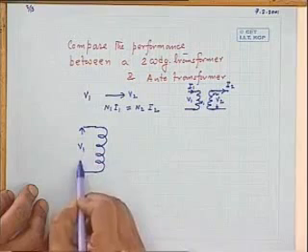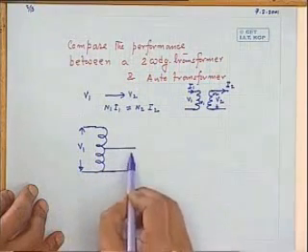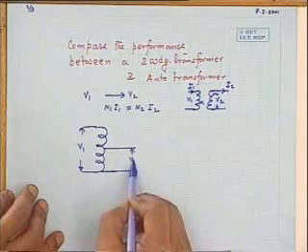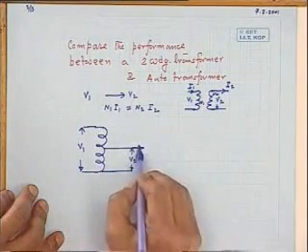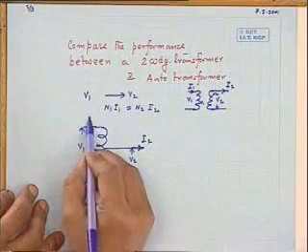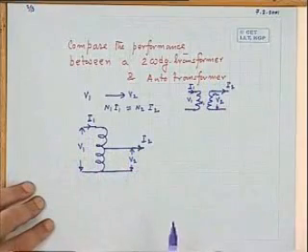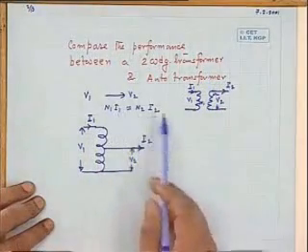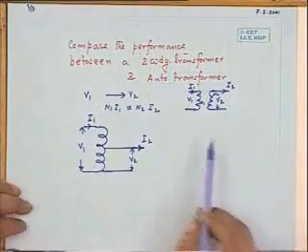This voltage is V1 I will apply. I would like to get at the output a voltage of V2, and when this output current will be I2, your input should be I1 here. The flux level in the core has to remain constant if I am comparing the same thing.